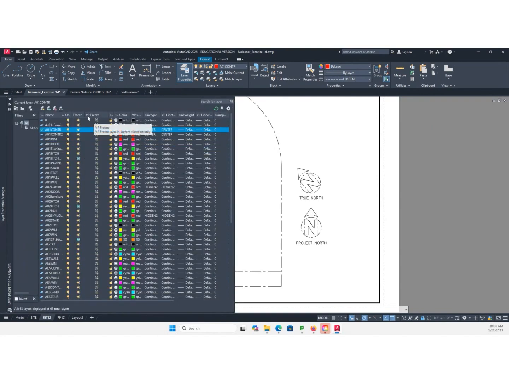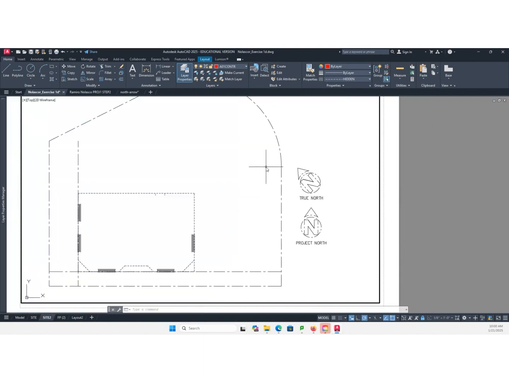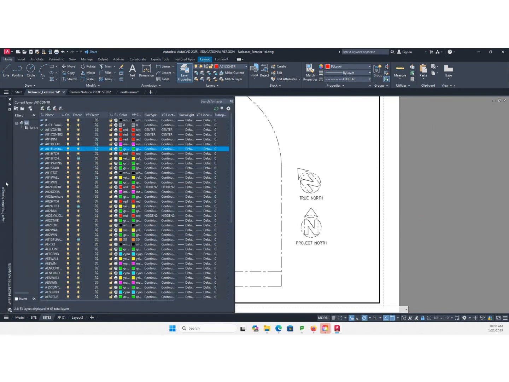BP freeze means you're going to freeze in the viewport, not in other viewports, your dimension. So we're going to freeze our A01 dim, A01 door, A01 wall, A01 furniture, okay? And what it does is it's going to freeze those in this layer. So window, I forgot the window, A01 win.